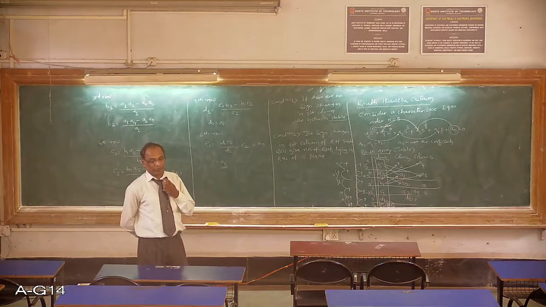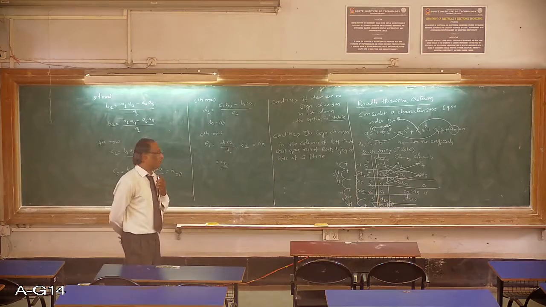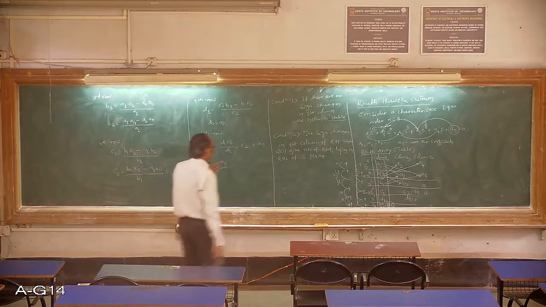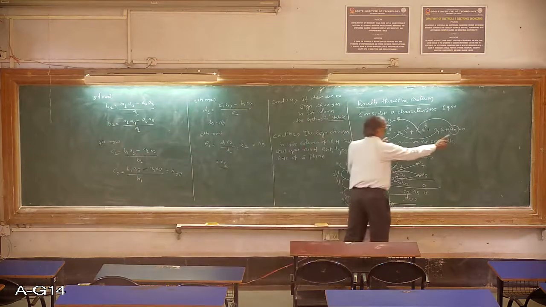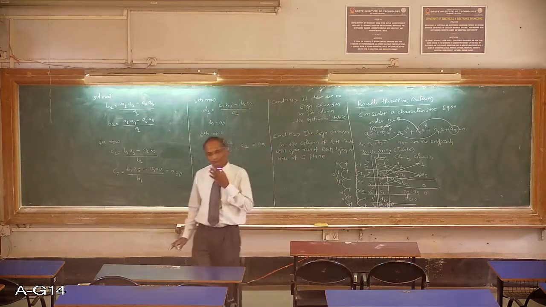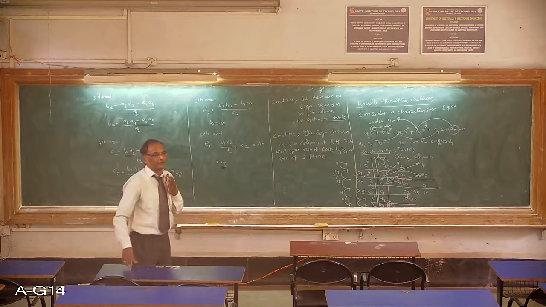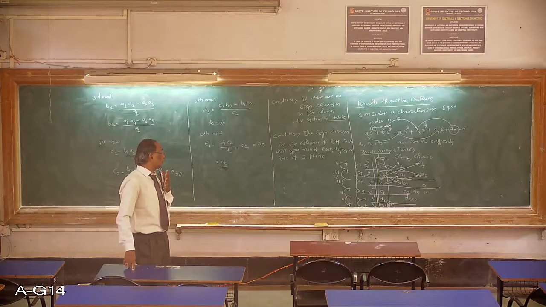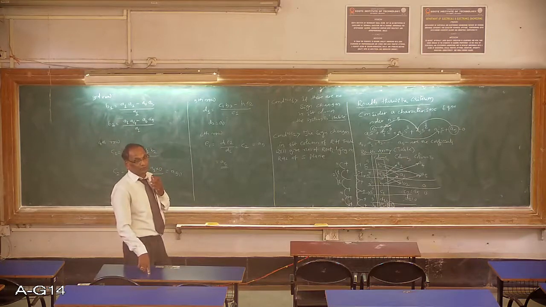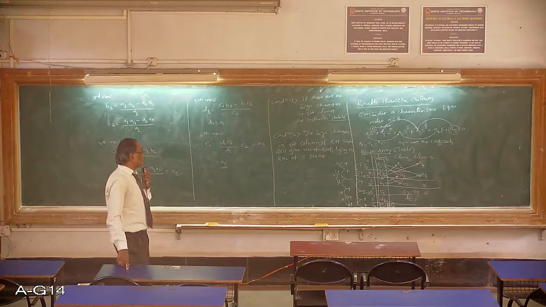If the open loop transfer function G(s)H(s) is given, you need to find the closed loop characteristic equation 1 plus G(s)H(s), or directly the characteristic equation may be given. It may be given directly in characteristic equation form, or they may give the transfer function. If they provide the open loop transfer function, you need to get the closed loop characteristic equation 1 plus G(s)H(s), which is the denominator polynomial of the closed loop system.